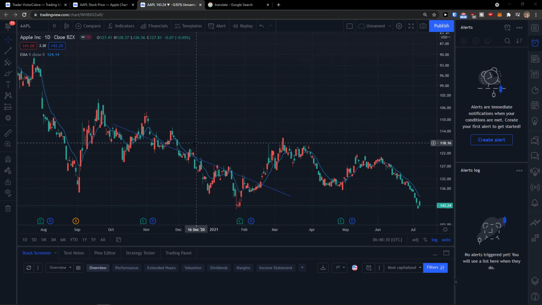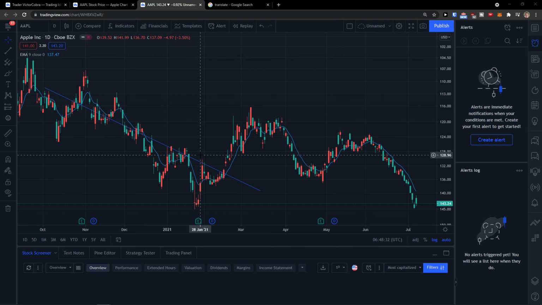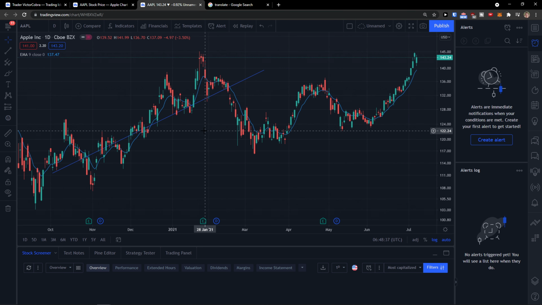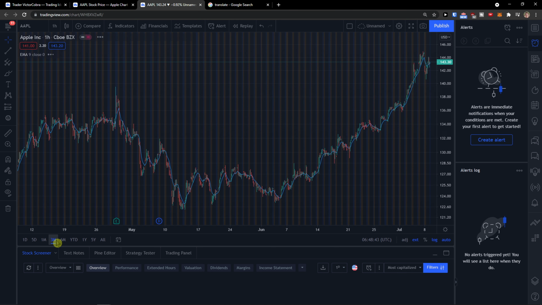So you're in TradingView, right? You're in a chart in TradingView, and now how to get to a date. You have options to go by days here on the left top, or just switch between them here, or what you can do is on the left bottom where you see the dates here, you can simply go on the